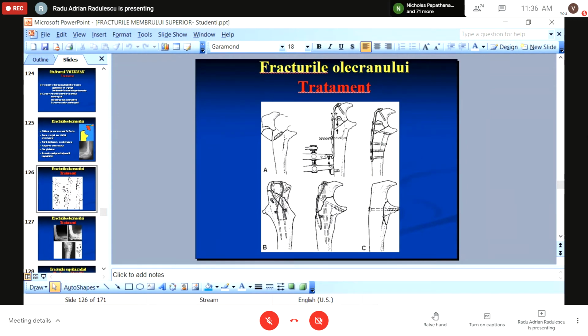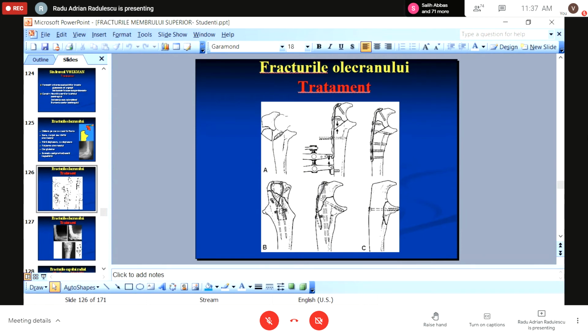So we need to perform this open reduction, like you can see here, and fixation by using this plate with screws. It has a special shape, this plate, in order to allow the introduction of this screw at the level of the olecranon. So after reduction, we use this special plate, or more often, we prefer to use these two K wires combined with this